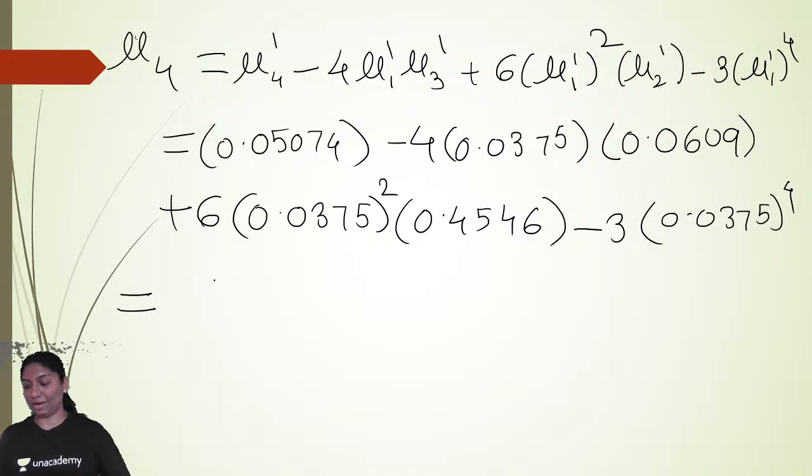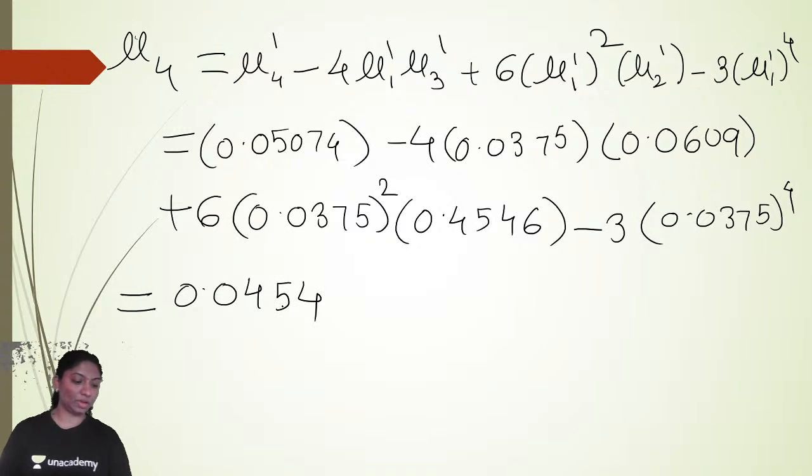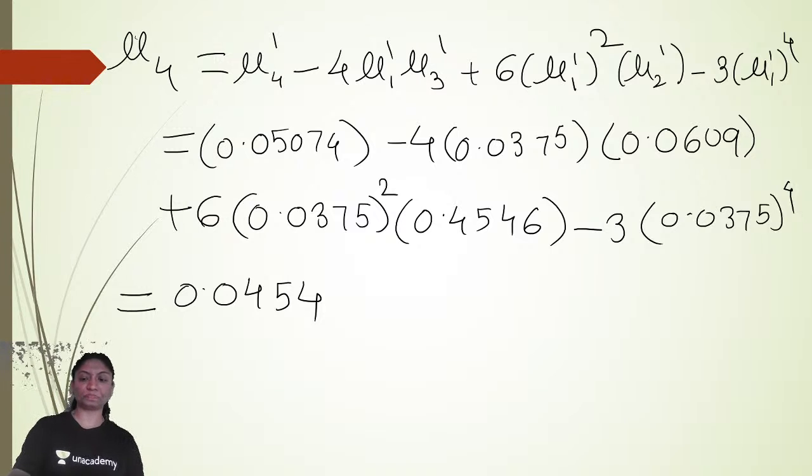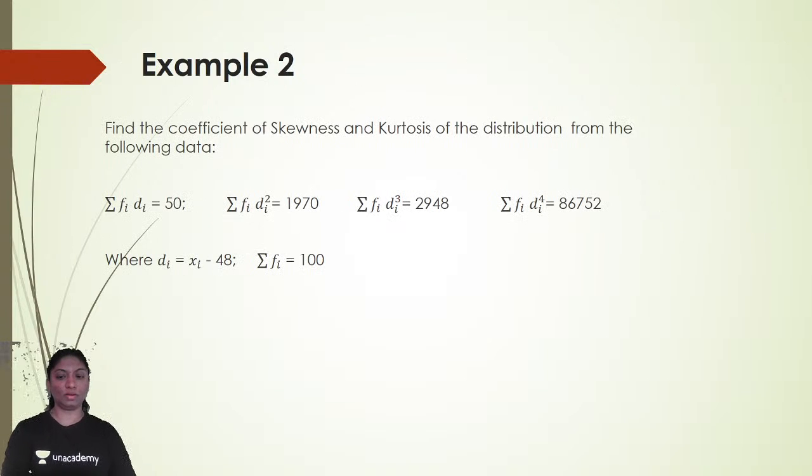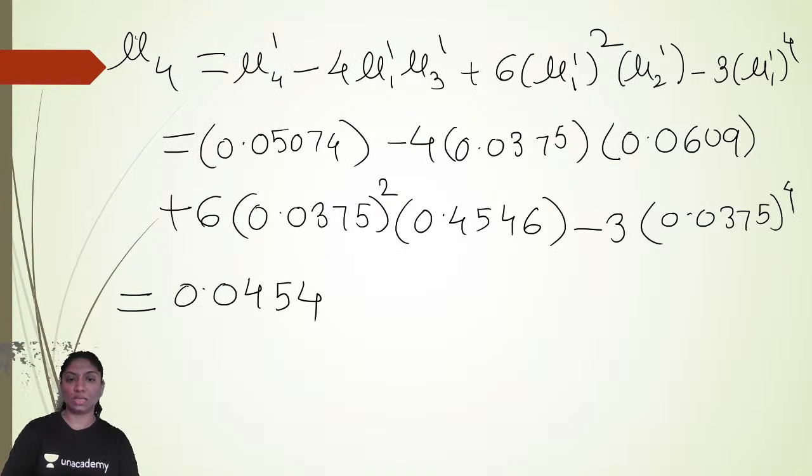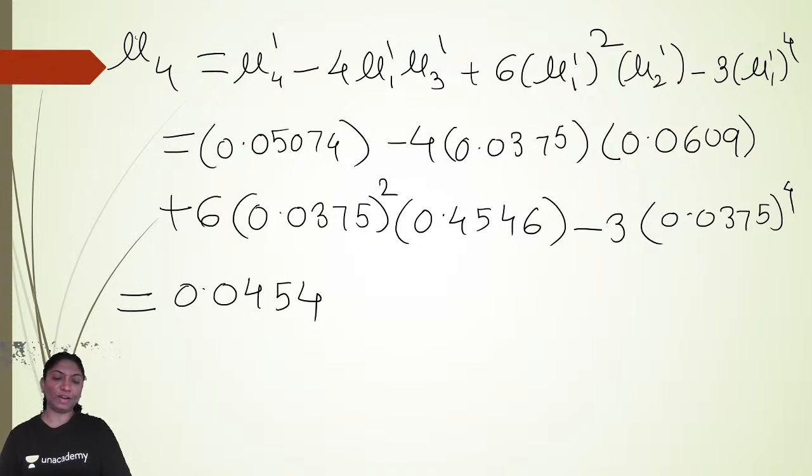So after calculating all these things, you will get 0.0454. Okay, I'm writing all the values as it is, and after calculation, you will get this. You can cross verify. Okay, now after doing this, we have to find out the coefficient of skewness, that is